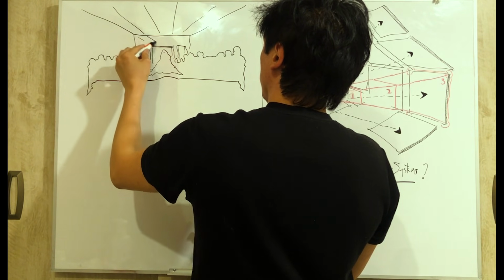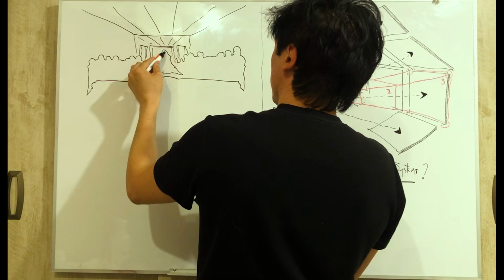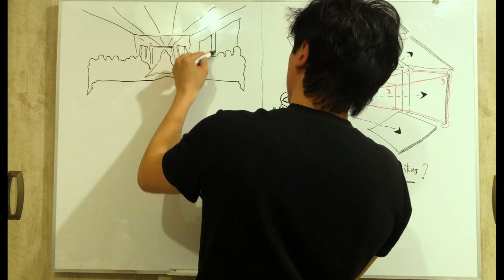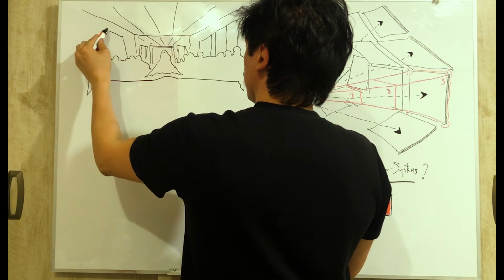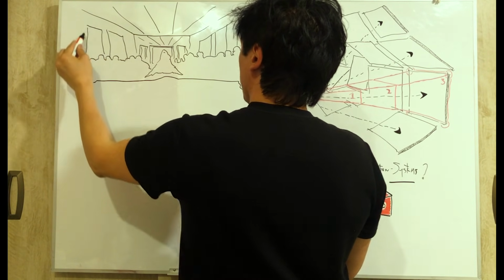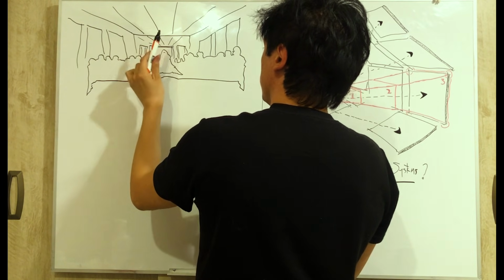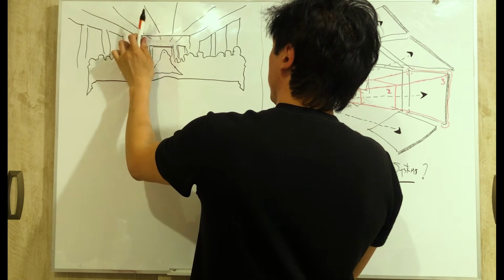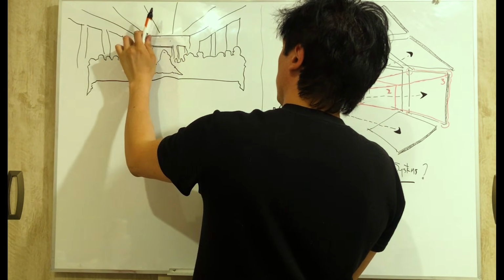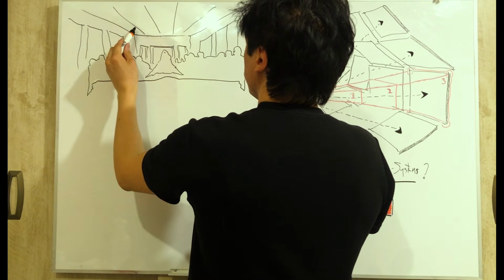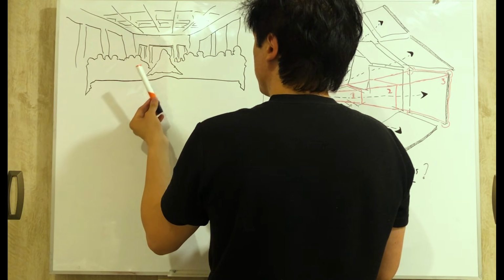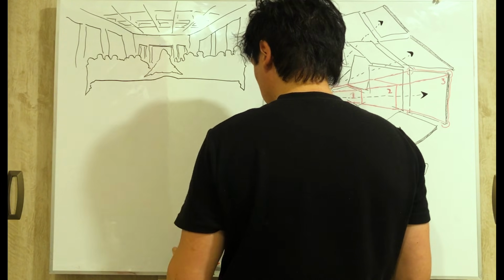Leonardo was trying to express that all the points converge in the center of the composition. But in the center of the composition is Jesus. All the points converge in the center of the composition, but you cannot perceive this in a simple perspective. You just perceive emotion, and you cannot perceive all the secrets in this kind of picture, this kind of masterpiece, because